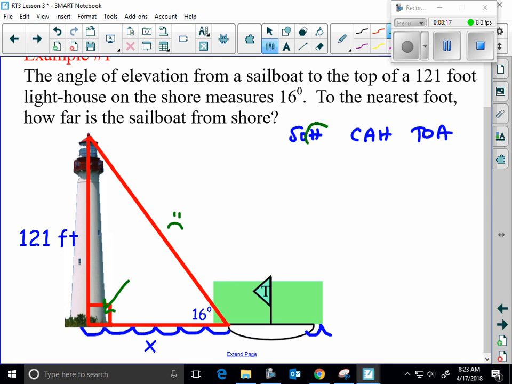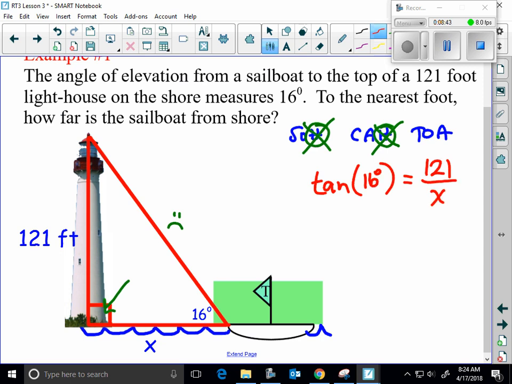Hypotenuse, right? So I'm not looking for the hypotenuse. So that tells me right now that I'm not going to use sine or cosine. I'm going to use tangent. So when I set up a tangent function, what always goes inside the tangent? The angle measure, the degree measure. 16 degrees equals opposite